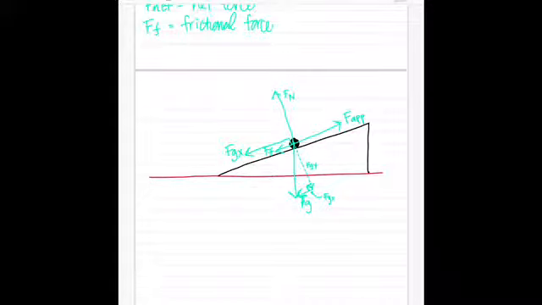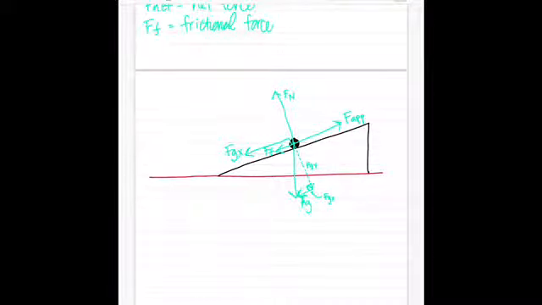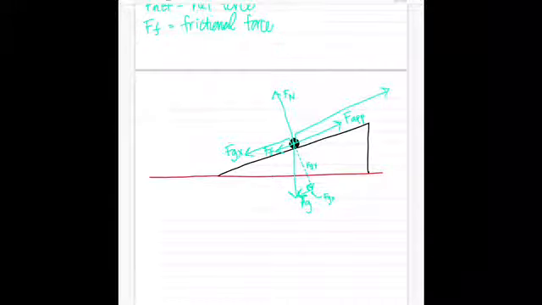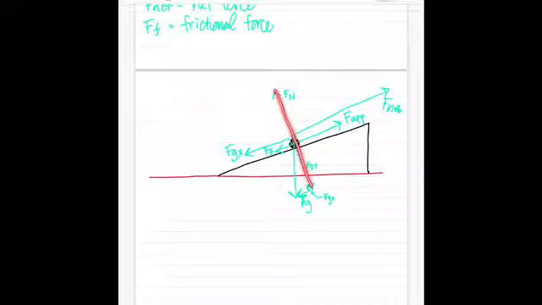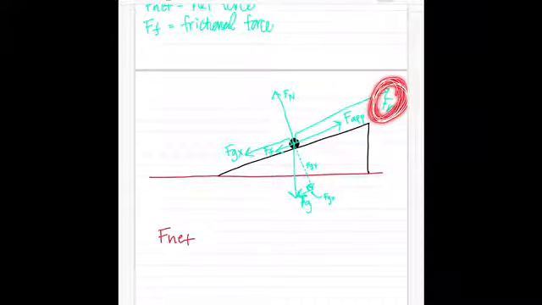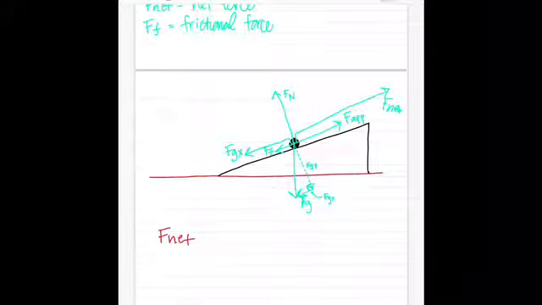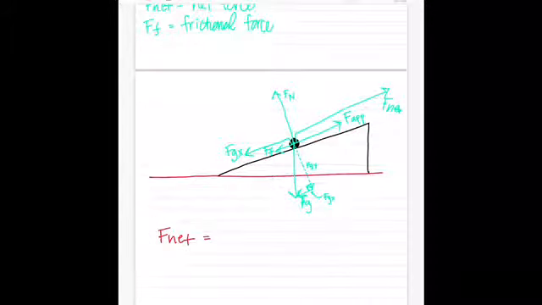Okay, so now that we have labeled everything, we are now able to write the formula for net force. Now our net force, I'm going to go ahead and pull this out here. Our net force is going to be like that. So F net. These still cancel each other out, so they are not included in my net force calculation. Because we're making it equal to net force, we're not going to include this in our calculation. So forget about this line for just a second, and let's look at the other three that we've got. So F net is equal to